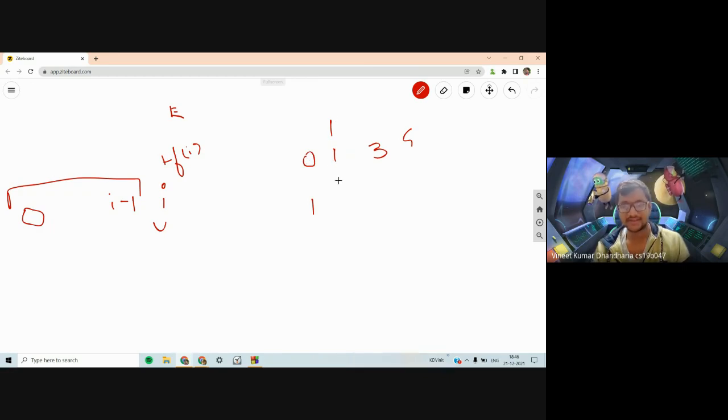For 1, the answer is 2, because you would simply move both of these 1s to 2, because you don't want them to be 1. So the frequency of 1 is 2, so the answer is 2. For 2, you can already see there is at least one element from 0 to I minus 1, and there is no 2. So the answer is 0 for 2.